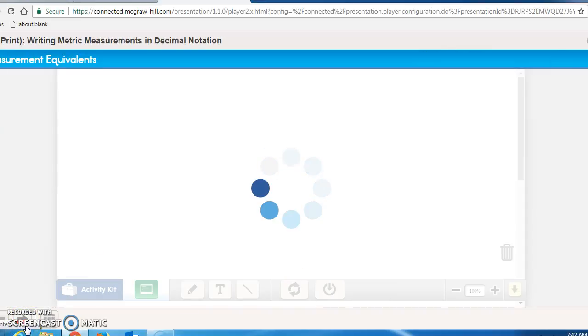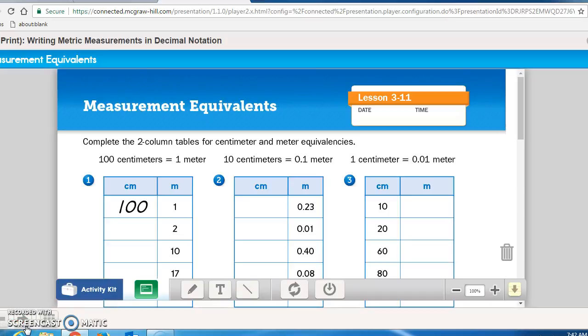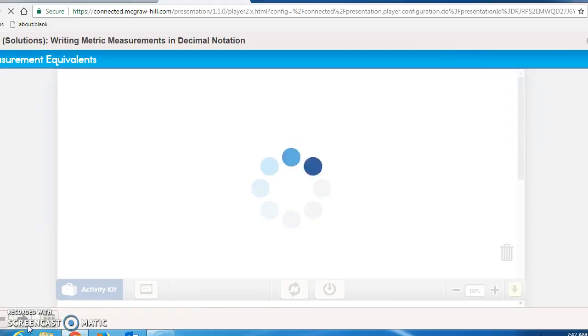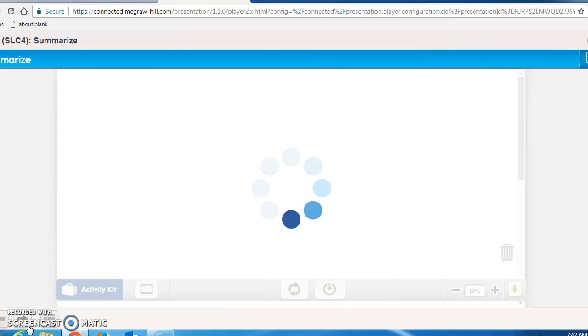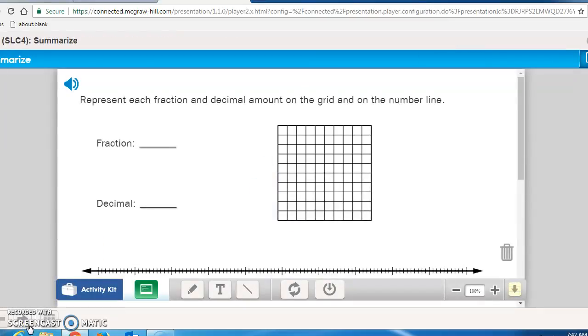Finish Math Journal page 96, which is what I am showing you here to make sure you're on the right page, and then bring it up to me so that I can check it for you. Pause the recording now so you can complete that page. Hopefully you have brought it up to me before you continued on, and now you are going to